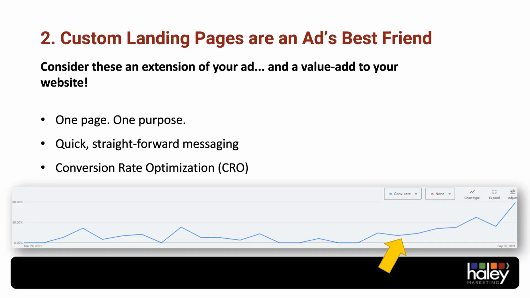Yeah, that's a really important point. When you're thinking about a paid ad campaign, one of the biggest mistakes I see companies make is just taking people to your homepage. So you're leaving that decision up to them and hoping that they find a conversion path. And in most cases, they won't. So to Steph's point, in this chart, this is somebody that was running a campaign that was just directing to a general page. Once you create a custom landing page and you have one purpose on that page, your conversions go through the roof, as long as that page is set up in the right manner.